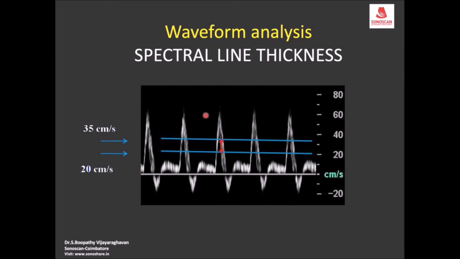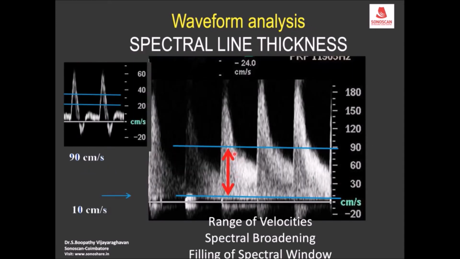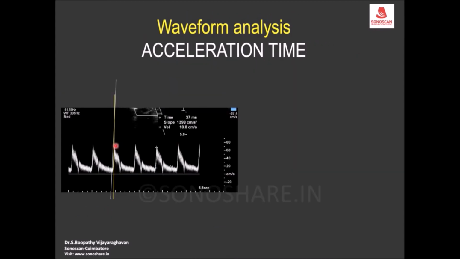So the spectral line thickness, whether it is thin or thick, will reflect the velocities, the range. Spectral broadening happens when there is stenosis, and distal to the stenosis we get a range of velocities. As a result, this line becomes broader and fills in. The time to the first peak, that is the end of systole, is called the acceleration time. So when it is normal, the acceleration time is low, but when there is